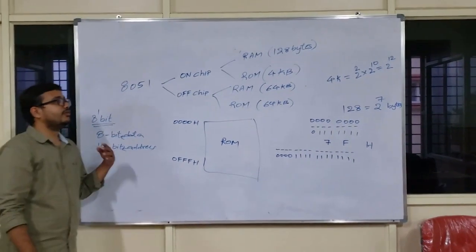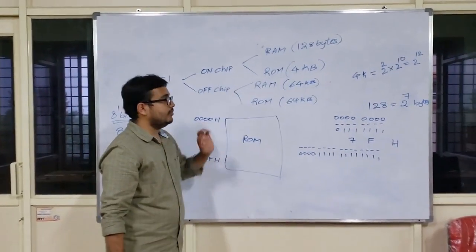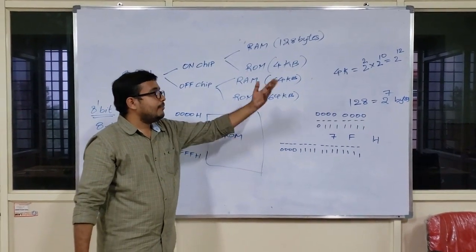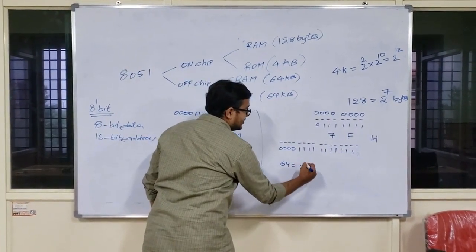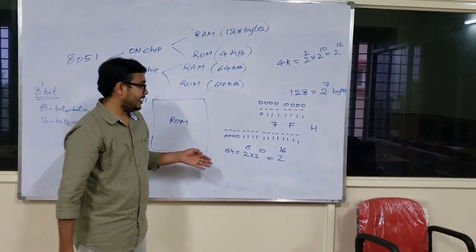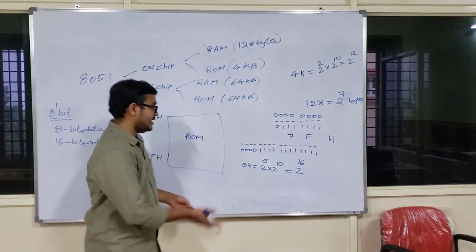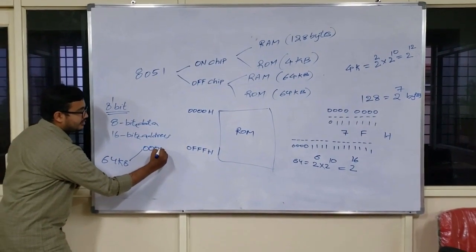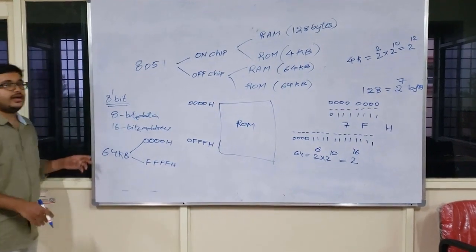So in this manner we can find the starting as well as the ending address location of on-chip RAM and on-chip ROM. You can trace out what the starting address location will be for your external RAM and external ROM. 64 KB is there. 64 in the sense, can I write it as 2 power of 6 into 2 power of 10, that is 2 power of 16. 16 means if I have kept 16 dashes here, all the 16 dashes will be filled up with ones. Obviously, for the 64 KB memory, the starting address location will be 40H and the ending address location value will be 4FH. This is what I am able to get.